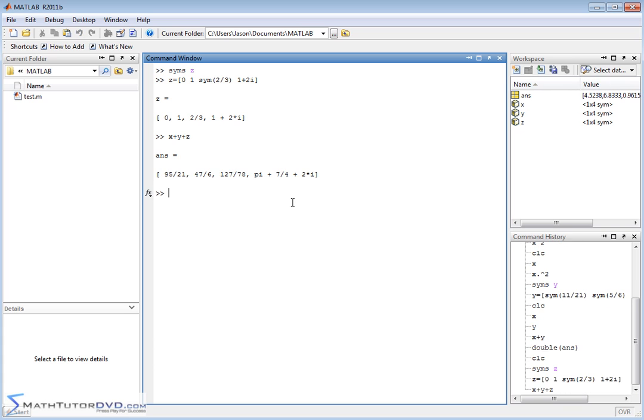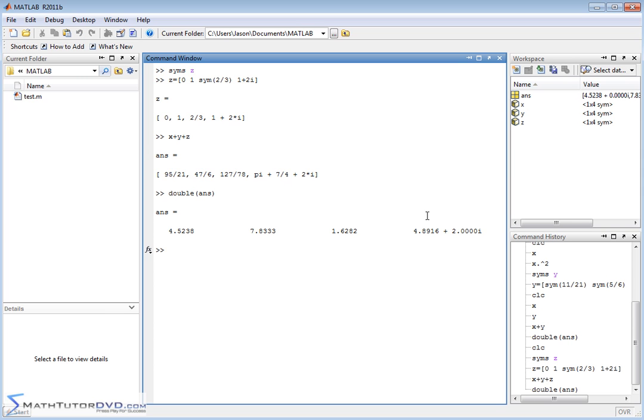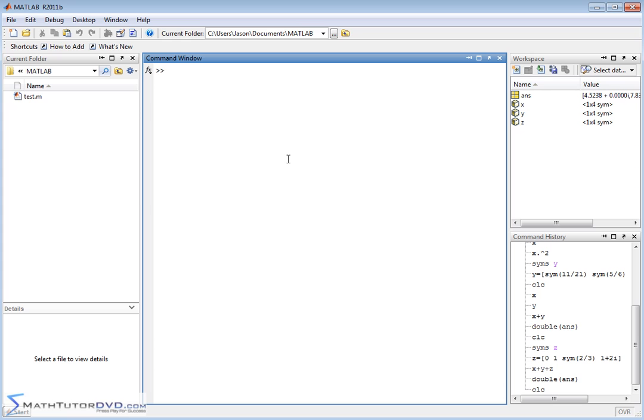of the elements together, and notice I have a big fraction here, another fraction, another fraction. The last thing that I have is an addition of things here. I have an imaginary part, and then I have another part here that it's trying to keep as exact as you can. And if you want that in decimal form, then there you go. And you can see the last entry here is complex because of this imaginary or complex number that we introduced. So that's a pretty good overview of what I'm trying to get at here with symbolic capabilities of